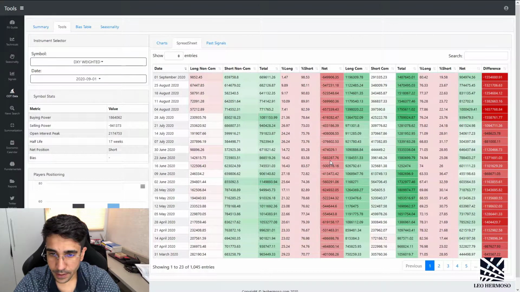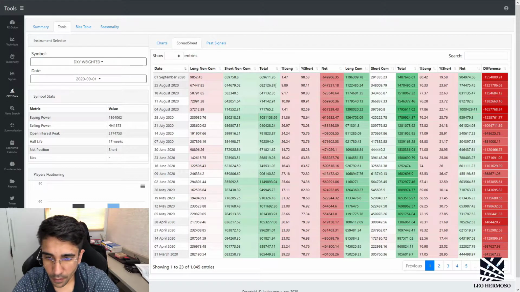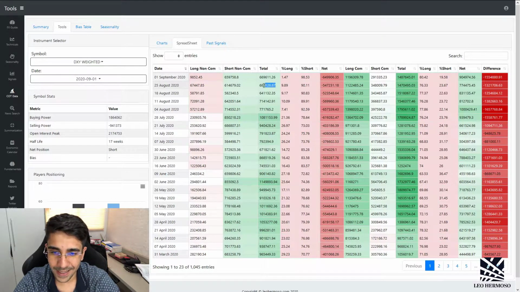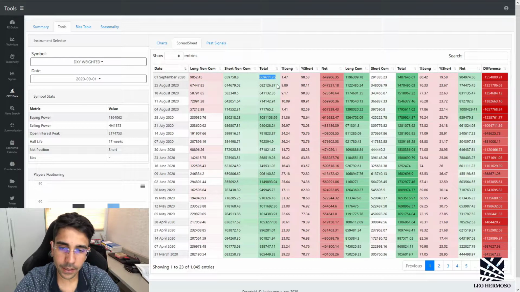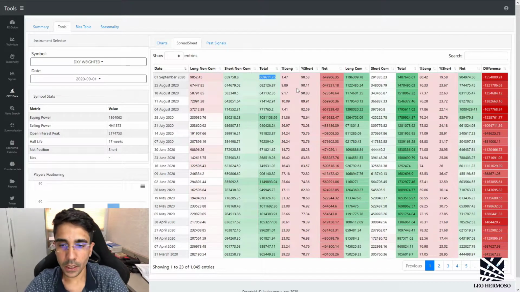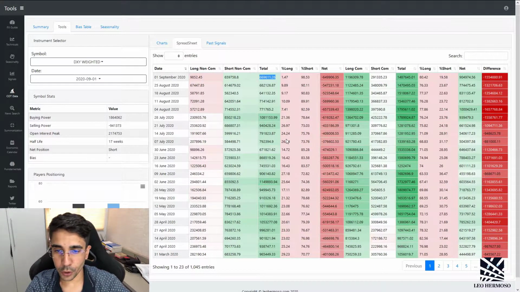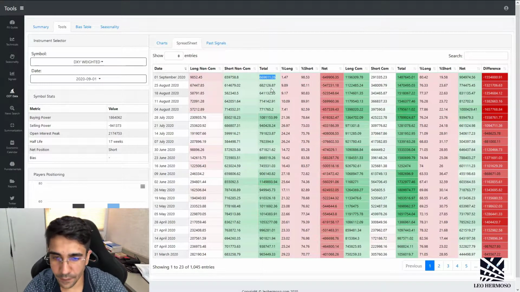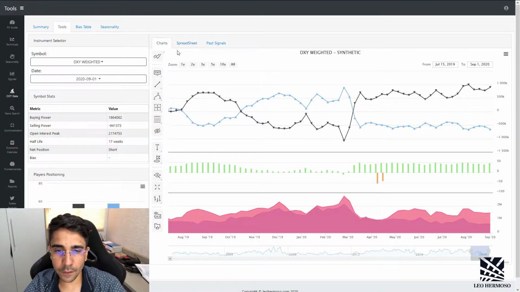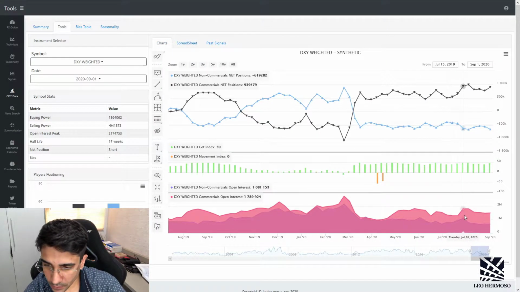But one thing that is interesting to note is that on all the dollar crosses, we are seeing this pattern. What is this? This is telling us that non-commercials are no longer interested at these price levels. They are cutting their exposure. So this is the open interest, and this in fact is more important than the net position itself. So right now, if we look at the dollar, check here, the open interest,